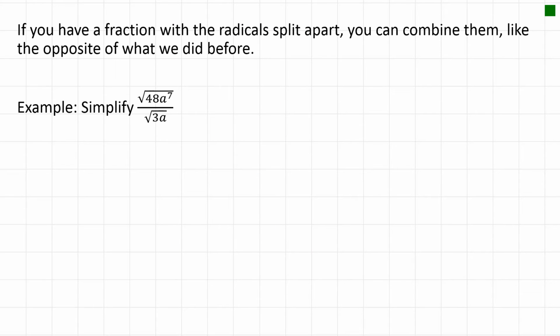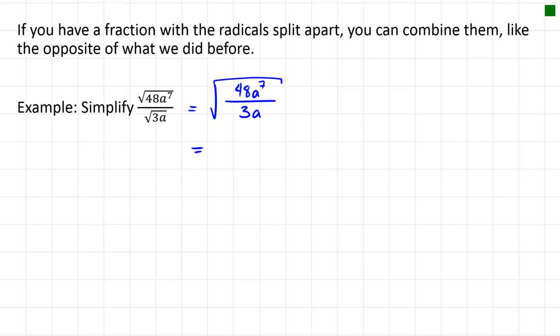So far we've had the radical of a fraction, but we can also have the opposite, which is that if we have a fraction with the radicals split apart, we can actually combine them using the opposite of the rule. So if we have a square root of something on top of a fraction and the square root of something on the bottom, that's the same as having the square root of the fraction all together. And what this lets us do is,